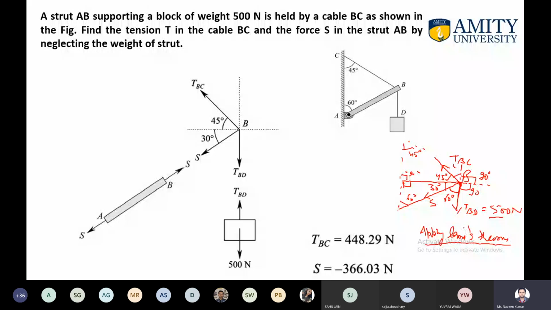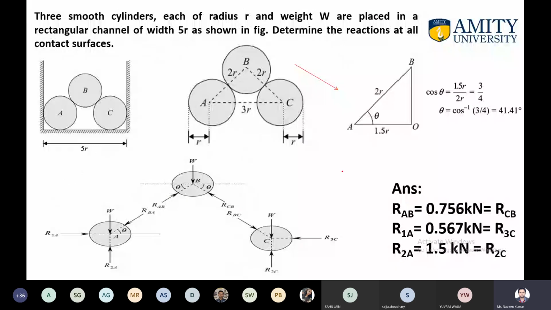So we can make the analysis of the angle, and on the basis of analysis of angle, we can apply the Lami's theorem. So all the students have got this answer? Yes, sir. Should I proceed to next numerical? Yes, sir. Okay. This we have discussed. This question I want you to do it once again. This we have already done.